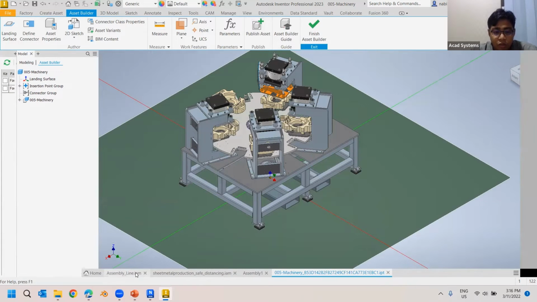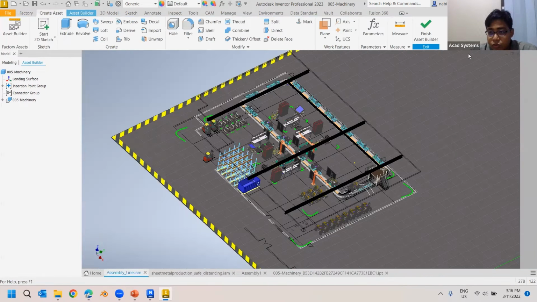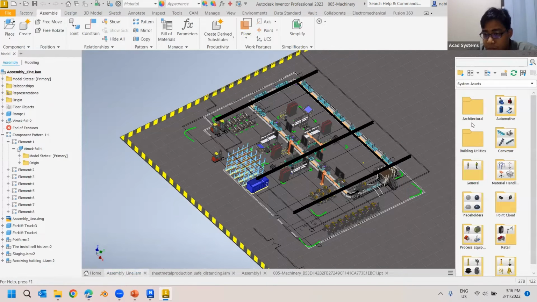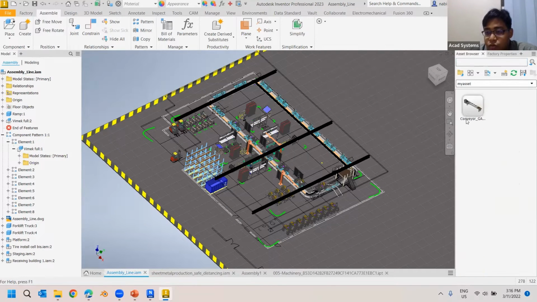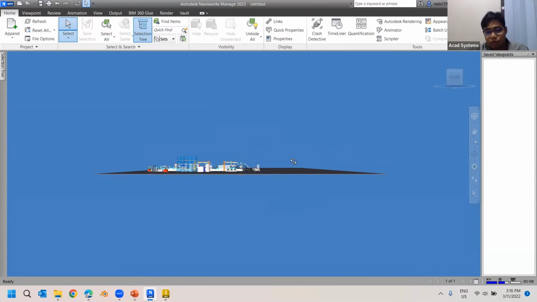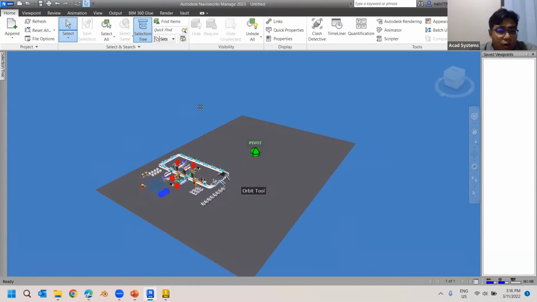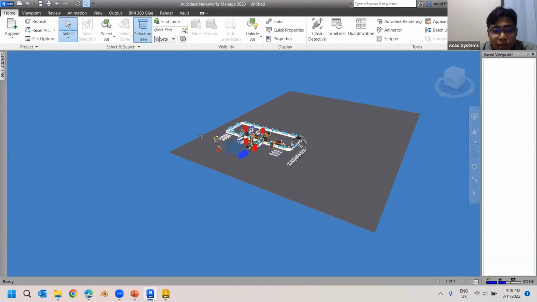Once you save on the asset browser, you should be able to see that on the user asset over here. It's going to show up from there. So once we have done, we can just simply double click and drop. Now this Naviswork has already been loaded. Now this is just one part. Let's say I want to add some more